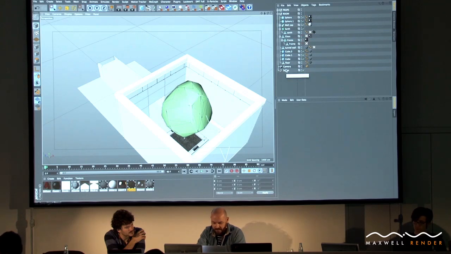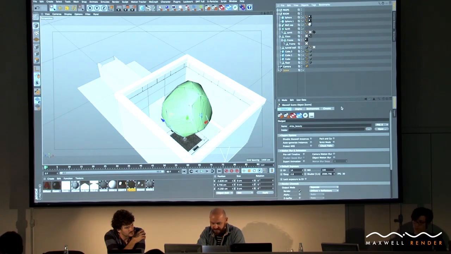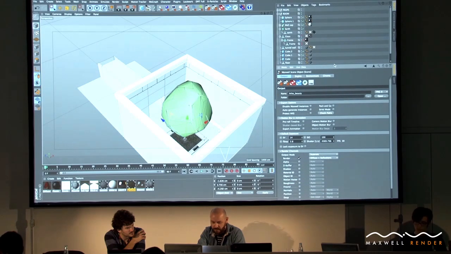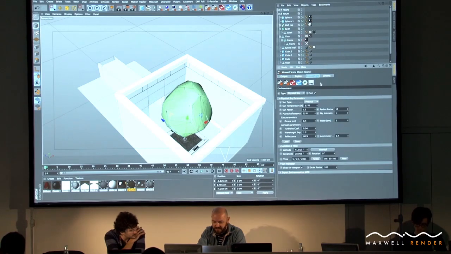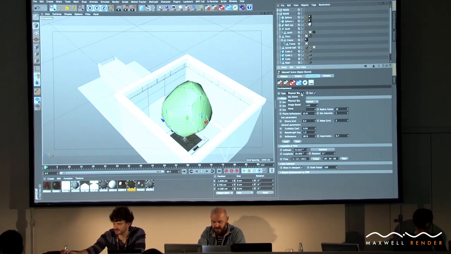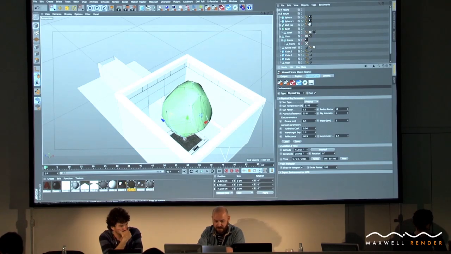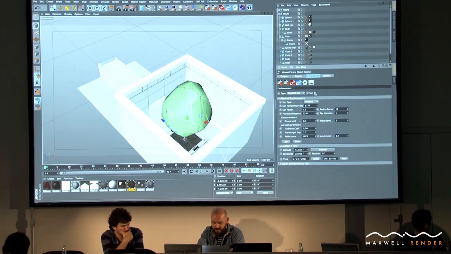Maxwell's environment system is pretty simple to use, but pretty powerful. If we go into the environment here, you can see we have options for the sun and a physical sky, which I'm also using within this scene. You can drop that down, and you can use the sky dome and the HDRIs, or you can have nothing but the sun and objects that you add within the scene itself. You can turn the sun off, but actually it's a pretty powerful sun. So if I go back to my picture viewer,